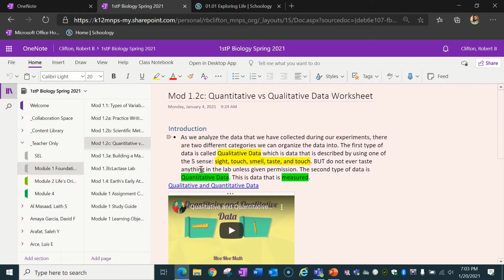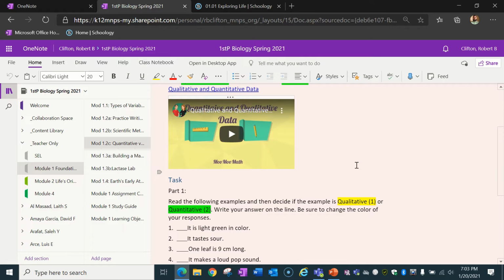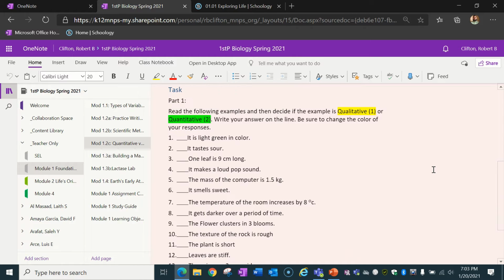Next, we have quantitative data, and the N reminds me of a number, which numbers are what we use for measurements, right? So this data is measured. So for this task, and there's a Moo Moo Math video, they do excellent videos. So for this first part of the task, you're identifying which of these examples are quantitative or qualitative, or the